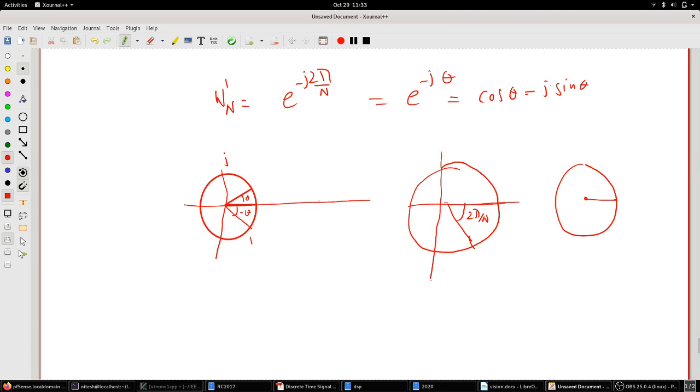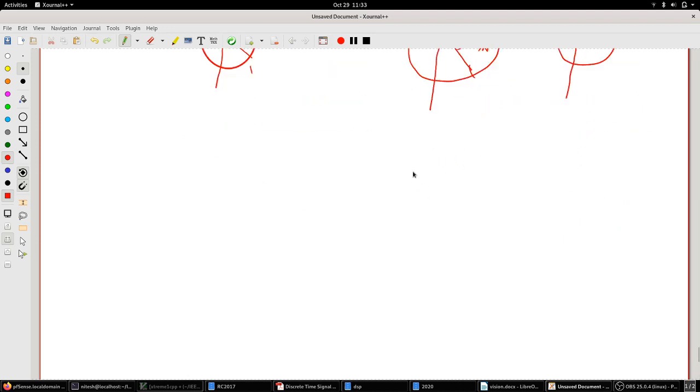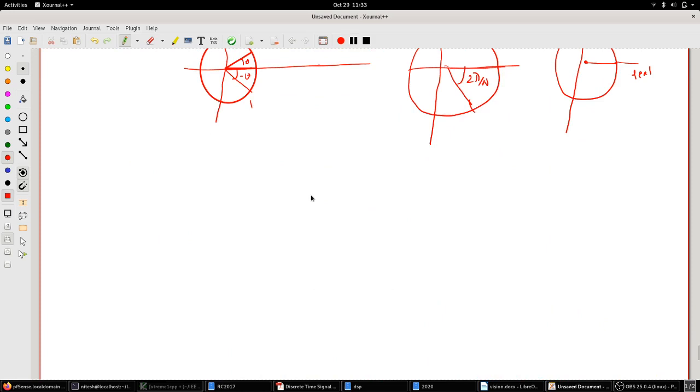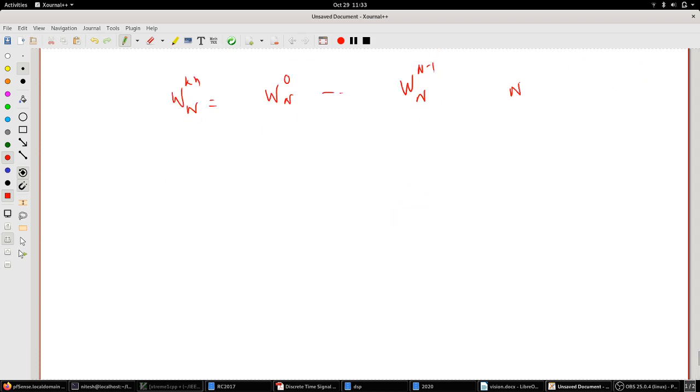Okay, this is your imaginary axis and this is your real axis. So now if I have to find out this, the W_kn of n will have all the variations from W_0 of n till W_(n-1) of n. So what is happening here is, for example, if I choose n equal to 4, you take the circular plot,